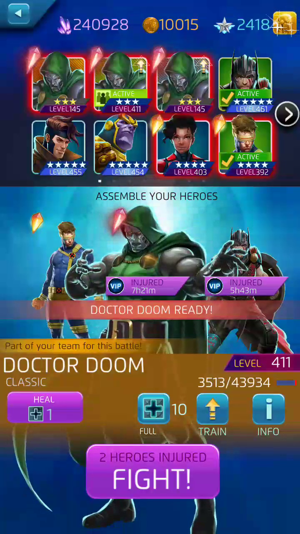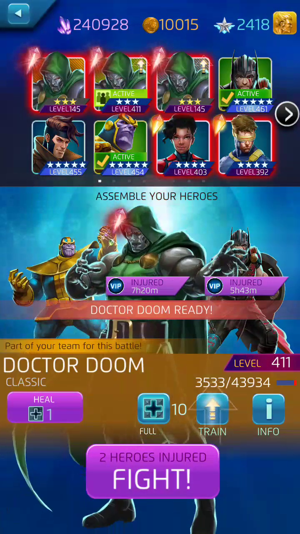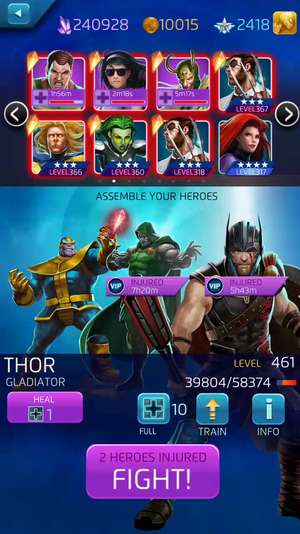So in this case, I think what we'll do is, my Doom needs a health pack anyway, so why do it now? Might as well bring in Thanos to destroy the enemy team, and since I'm going to have to use a health pack on him regardless, let's play Thanos with somebody fun to really give the enemy team a lot of trouble. How about I